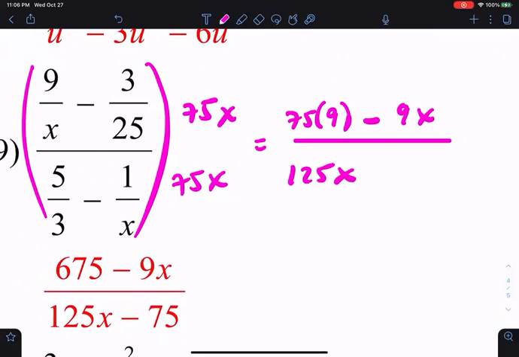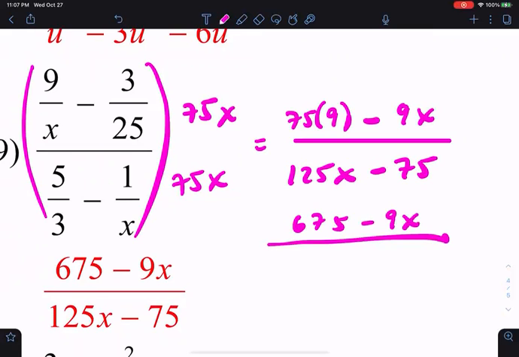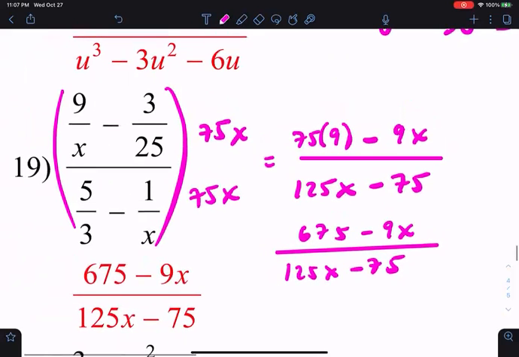I can do that right away. And this is going to be just 75. So on the top, we have 45. You carry 4, 63, 66, 75 minus 9x over, that's it, right? We're done. Okay, this one wasn't that bad. Okay, next,